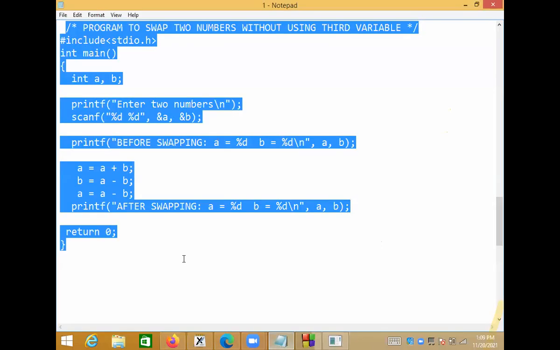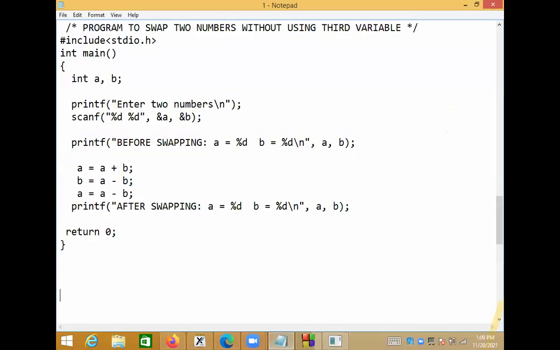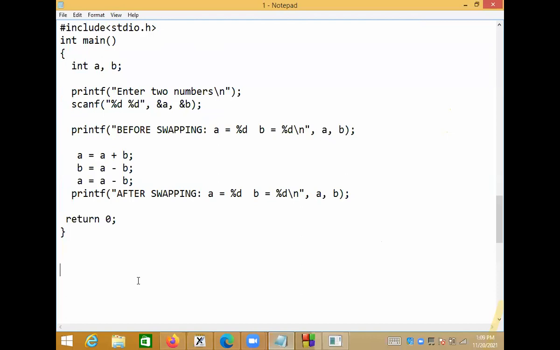What is the use of the scanf function? scanf is to read input from the keyboard. Whenever you want to enter input from the keyboard, there are two ways of giving values to variables in the program. One is to assign directly, like a is equal to 10 and b is equal to 20.